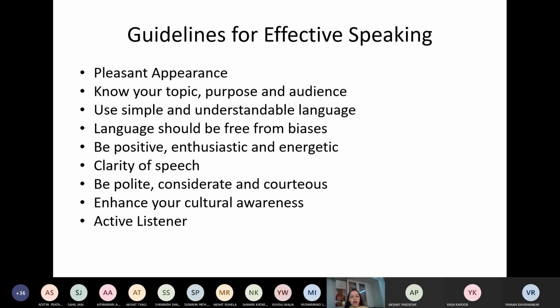And when we are in normal conversations, when we are angry with somebody, when we are not on very good terms, at that time, I understand it is difficult to be polite, to be considerate, to be courteous at the same time. But remember one thing, you might have this topic rapport building in the next class, in the next semester, but there are terms known as mirroring, matching, and pacing. So what happens is, generally when we are having a conversation with any individual, we mirror, we match, and we pace our verbal and non-verbal communication to the verbal and non-verbal communication of the other person.